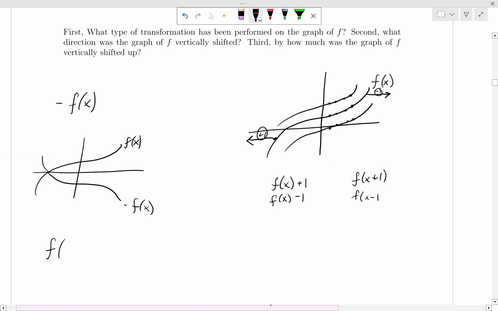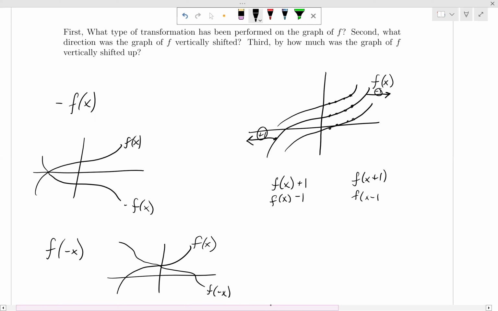And f of negative x, again, if this was our function f of x, f of negative x takes it and flips it across the y-axis. I know it doesn't look exactly right, but trust me that that's what it does. And if it would help, you can plug in